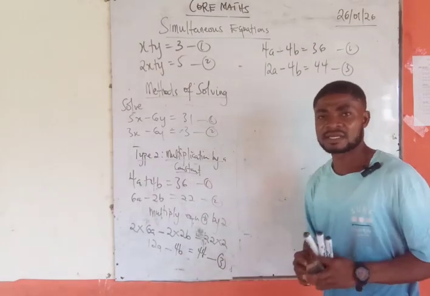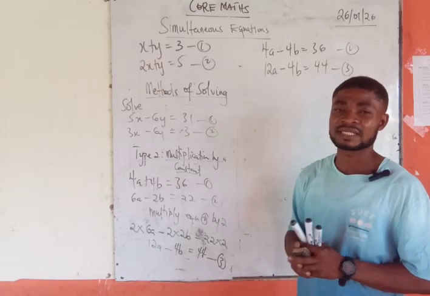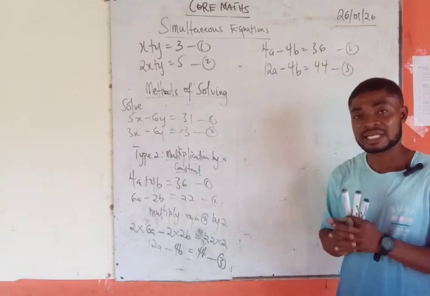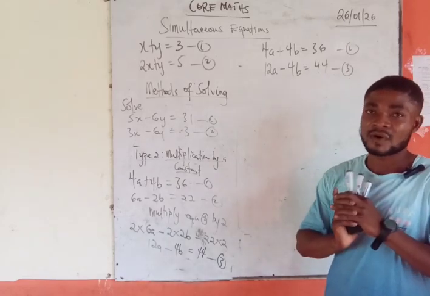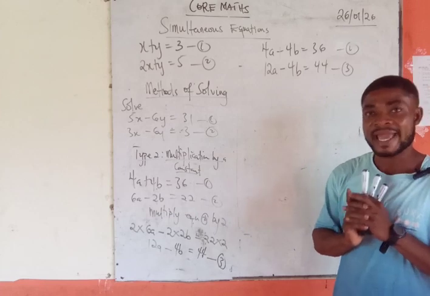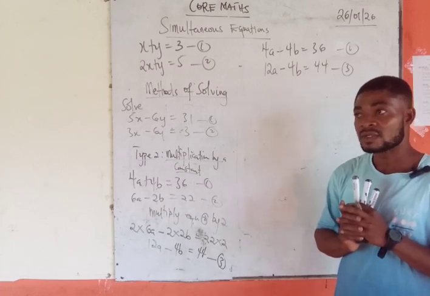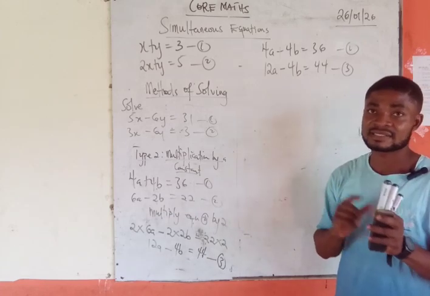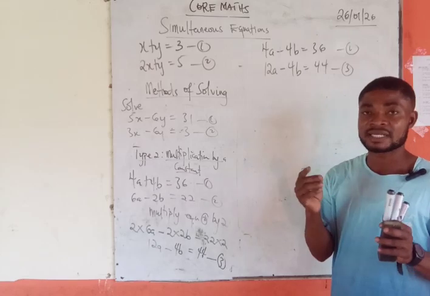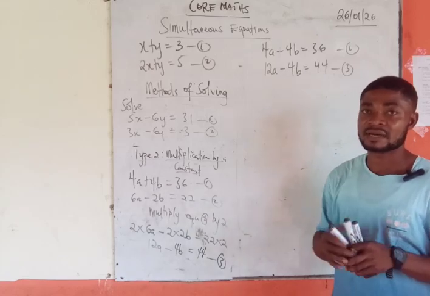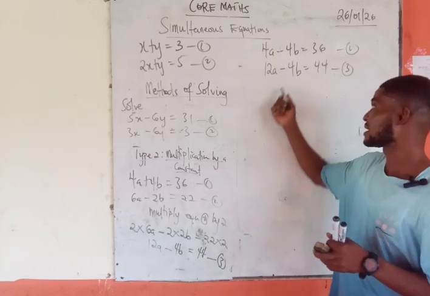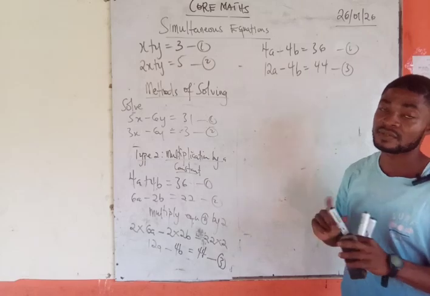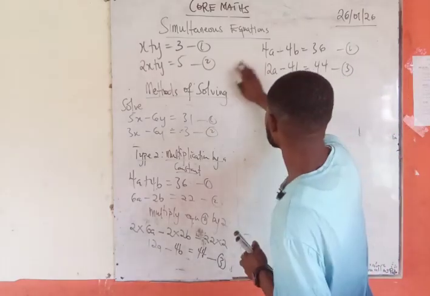Now we can see that the operation sign in equation 1 of the 4b is plus, and that of the 4b in equation 2 is negative. So since the operation signs are different, we have to add the two of them so that we can get this term given as 0. Then we can work with only the a. So we add